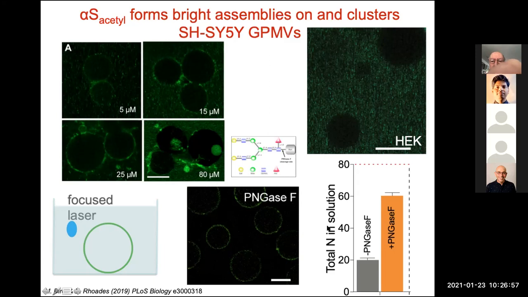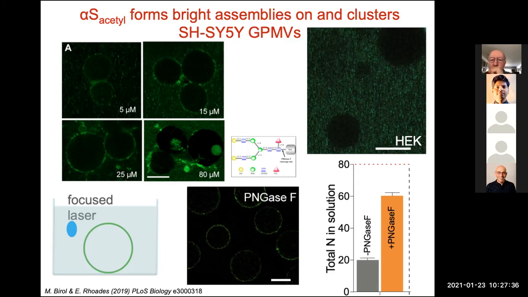And PNGase F is an enzyme that specifically cleaves complex N-linked glycans. So hopefully you can see this arrow here. N-linked glycans, of course, modify asparagine. And it cleaves before the first glycosidic bond of these complex N-linked glycans specifically. So this structure I'm showing you here is the common structure of these N-linked glycans, and they get modified by all sorts of side groups up here. But this is the common structure. This fucose group is not always there, but can be there, but the enzyme is independent of whether or not that fucose is there. So the effect we saw was really specific to the treatment with the PNGase F,